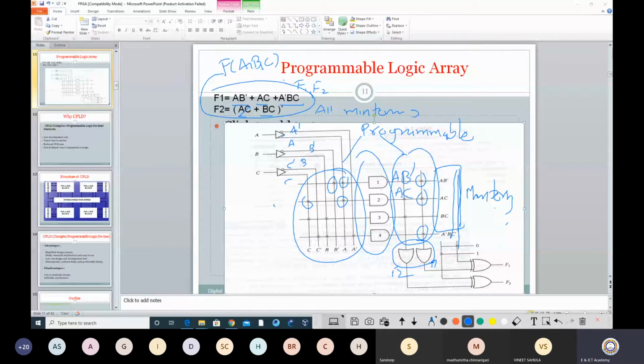Now there is some interesting thing you can observe over here. What is the use of this for F1 and F2? Can anyone tell me why I have used this XOR gate at the output? For F1 and F2, there is some output, and then I am using this gate. Can anyone think why I am using this?